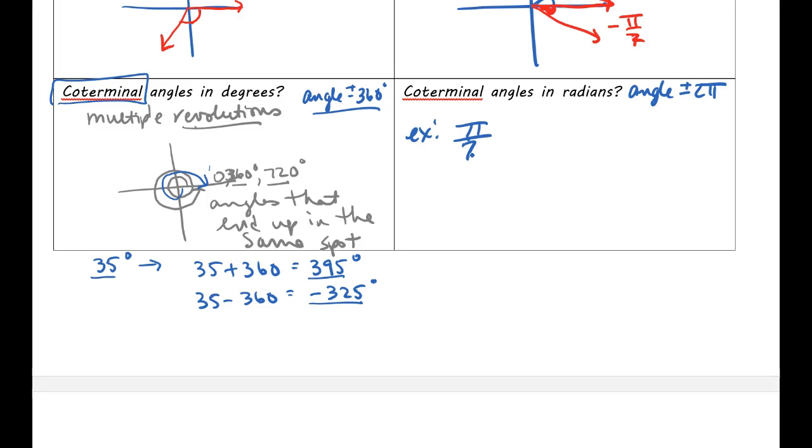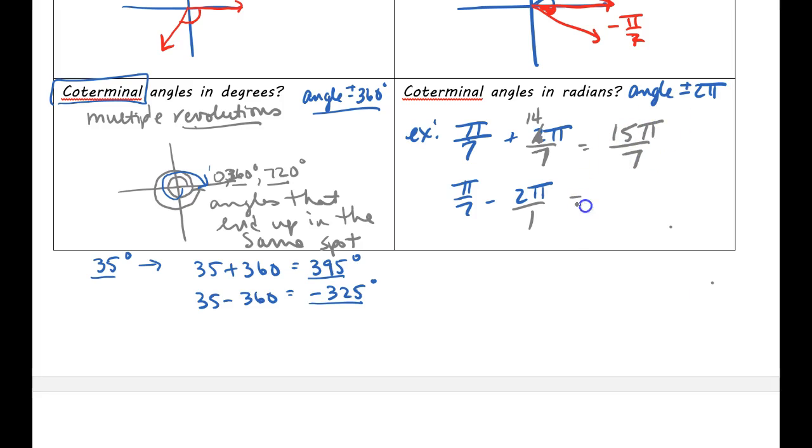Well, you may not know where pi over 7 is exactly. You don't need a calculator for this. All we're going to do is take this angle that's given and add it to 2 pi and then subtract 2 pi from it. And this, you know, it's just fractions. Don't wig out. Put that over 1 and you need a common denominator because we're adding fractions. So if I make this denominator a 7, this becomes a 14. So what is pi plus 14 pi? Well, it's 15 pi over 7.